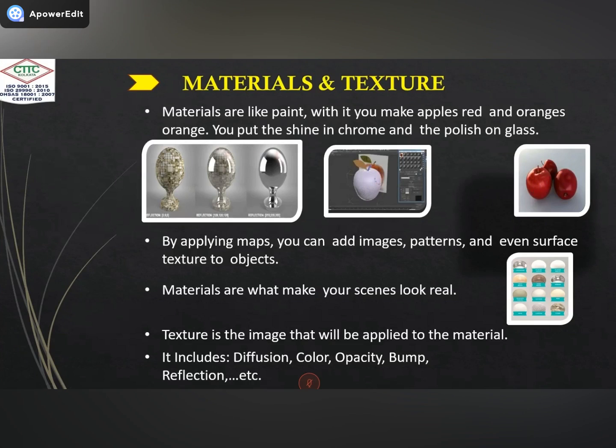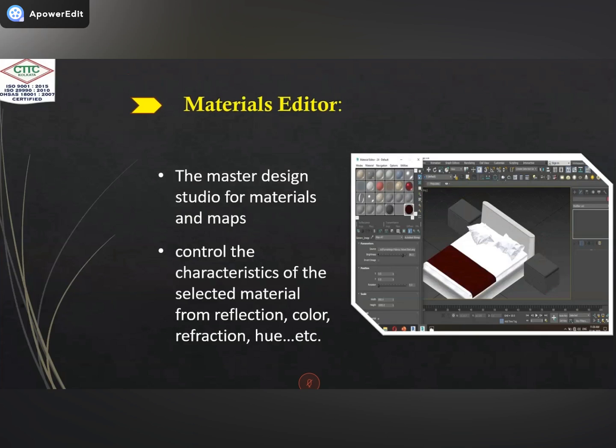On this object, by applying maps, you can change your image, change your pattern, and scaling. If you want to scale our texture, then you can scale it through the material scaling part. So you can use different types of options in the material part. So you get all the examples. Now I am going to show you one example, a material example. You can see here the texture example.